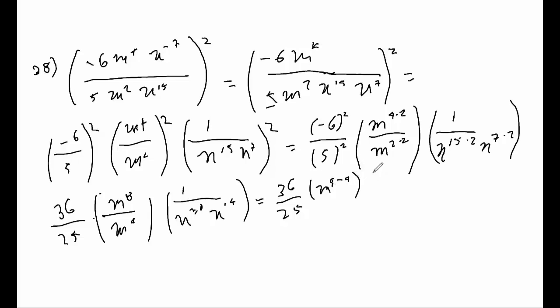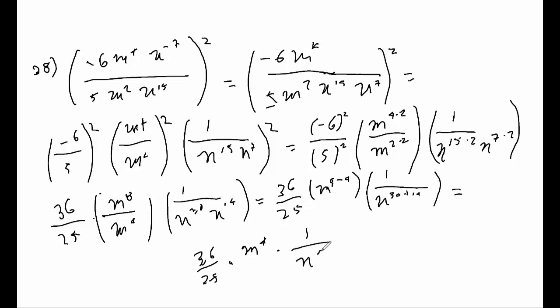And then here, I'll just keep the 1 on top, and I'll just use my product rule here, n to the 30 plus 14, and continue on. 36 over 25, so m to the 8 minus 4, so that's going to be m to the 4, and then on the bottom times 1 over n to the 44, and I'll put it all together in one